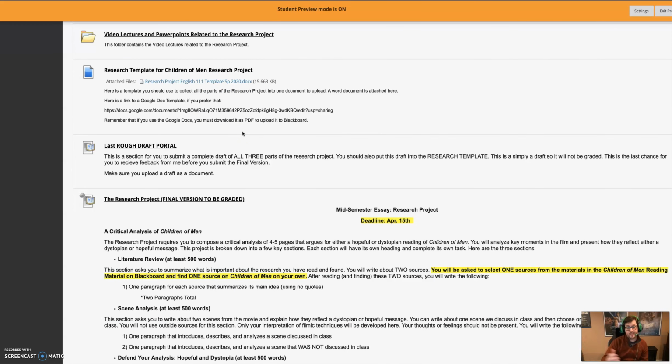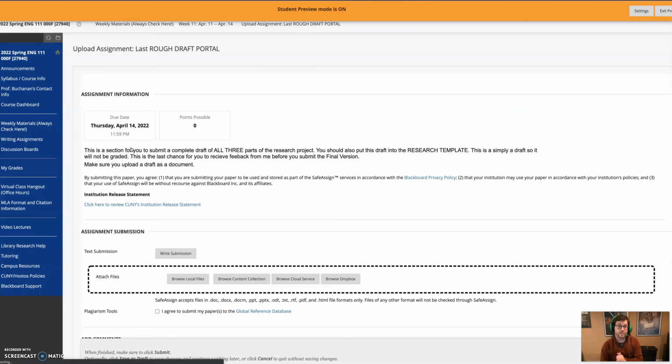As we clear up the last bit in this folder, if we click on this, here is the last place to submit a version of your research project that you would like me to provide you feedback on. This is the last chance for you to submit a rough draft. Ideally, for this section, I would like you to submit a draft of all 3 parts in the research template, so I can provide final suggestions as you're on your way to submitting it. To repeat, if you submit the draft here in the last rough draft portal, I will give you feedback so that you can improve the paper